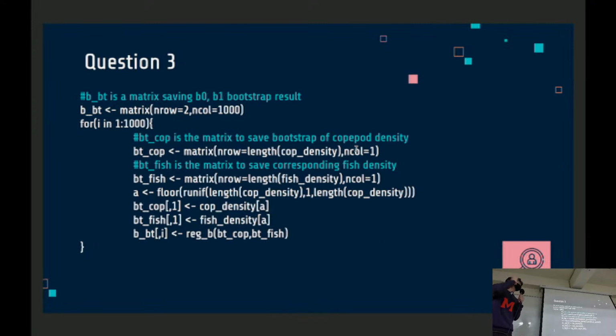So we can use these two functions to solve this problem. In this, you calculate the regression coefficient. So you need to sample the data with pairs, and you cannot use the bootstrap that I built in question 1. So here, I go back to using the floor and the runif function, and sampling the